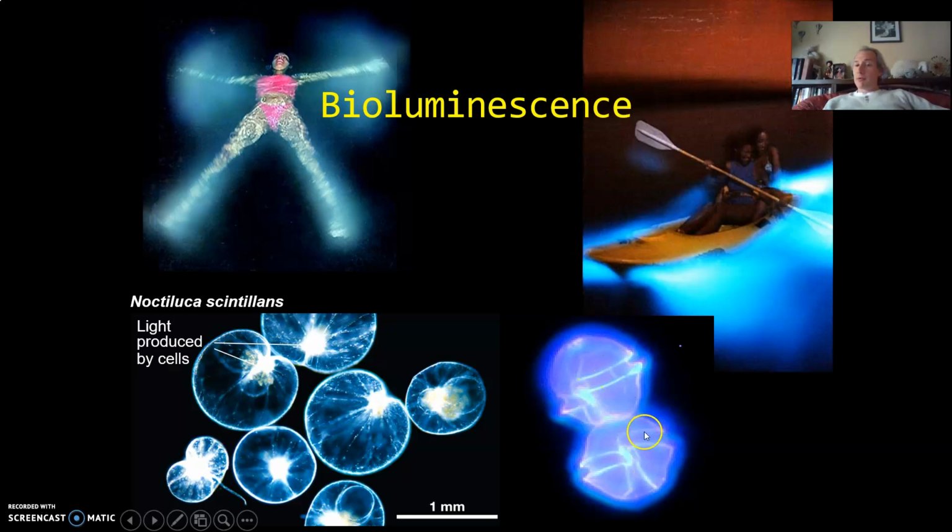Remember in sexual reproduction, meiosis, they have to fertilize. And so you have to find a mate. So it could be the glowing is a way to find a mate, just like lightning bugs glow to find a mate. That doesn't make sense in this case because they don't have eyes, so they can't really perceive light. So how can they find a mate if they glow, if they can't see a mate?